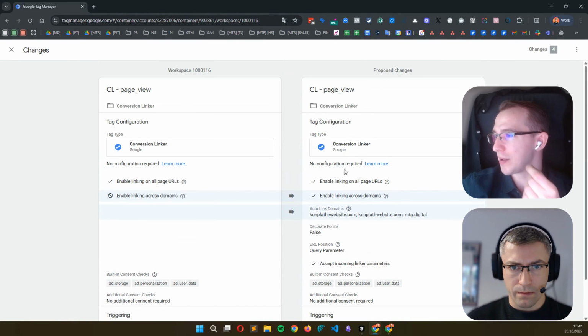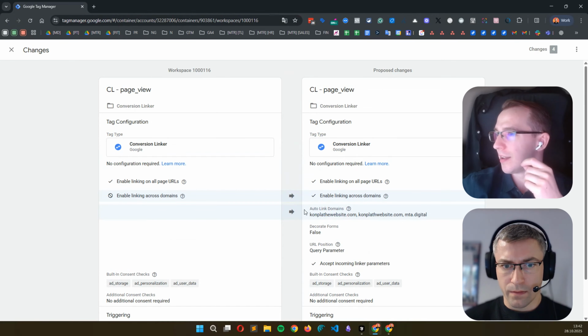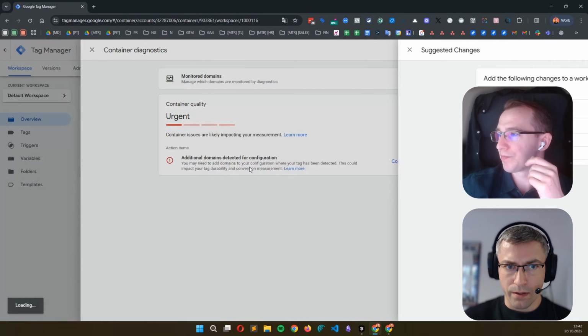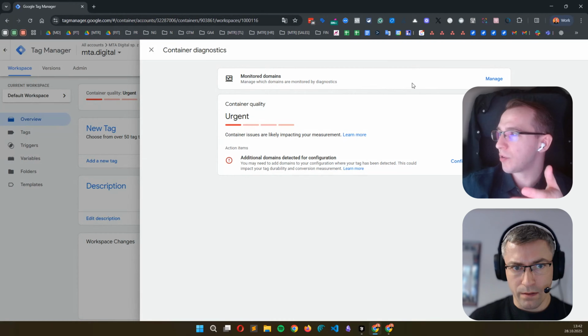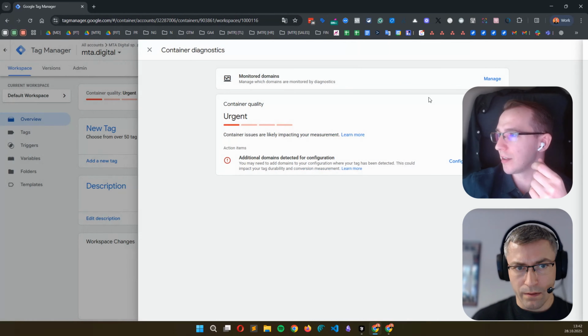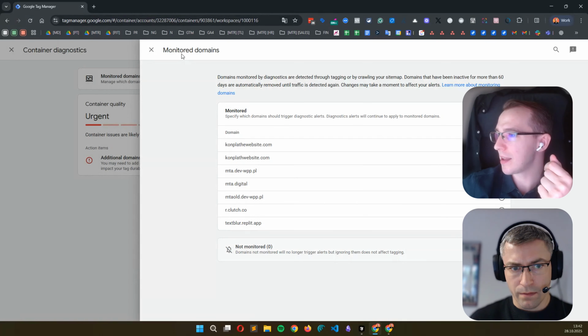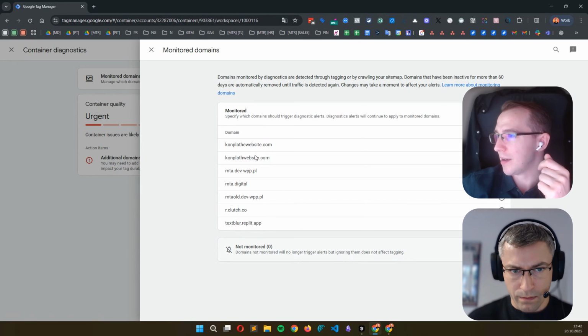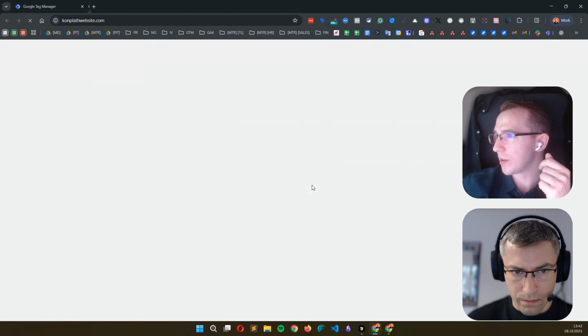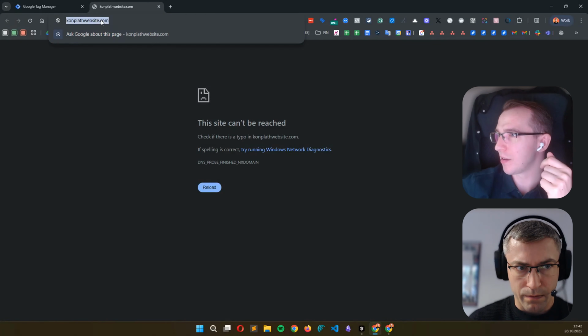Because those domains are not ours. So we don't want that. That's a wrong tip. Yes, exactly. And what we have to do is just click here on manage monitor domains, and here basically we just need to exclude those spam domains, right? Because maybe we can check, for example, when we go here, okay, it's already blocked, but